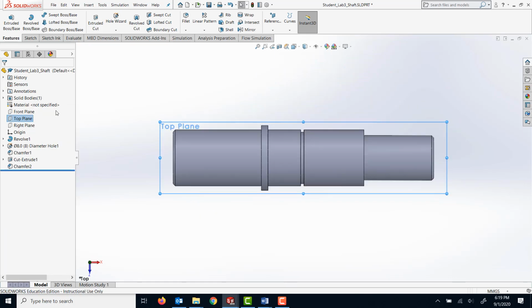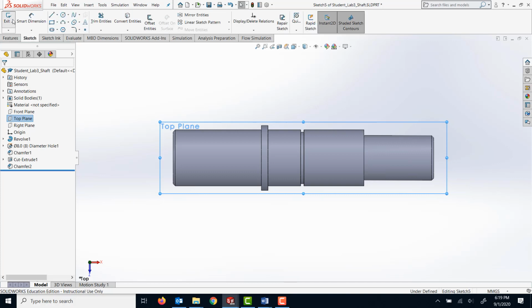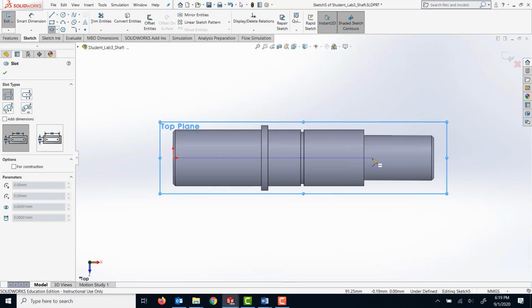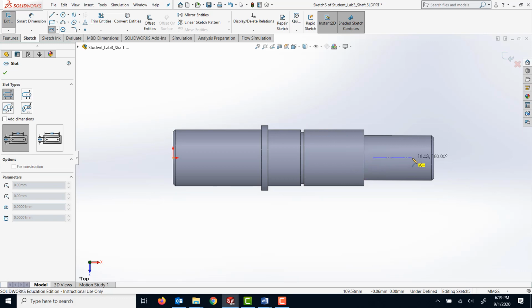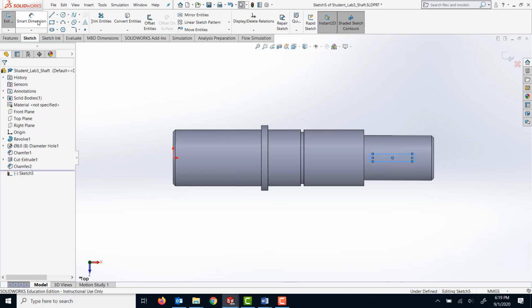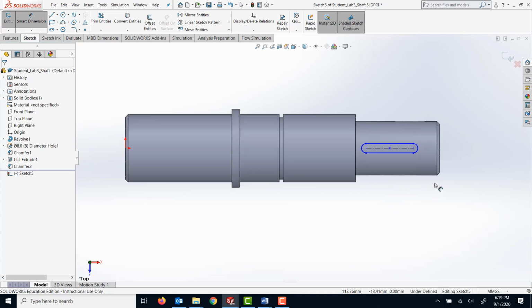I'm gonna look normal too, and I'm gonna add a sketch there. And for the sketch, I'm gonna select this straight slot, and I'm gonna line it up somewhere there. Click there, and I'm gonna drop the slot sketch there. And now I'm gonna add some dimensions, and the dimensions are from here